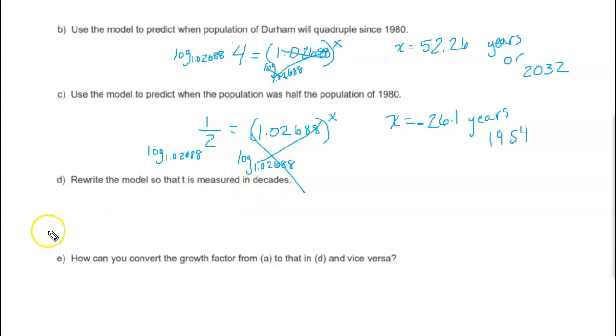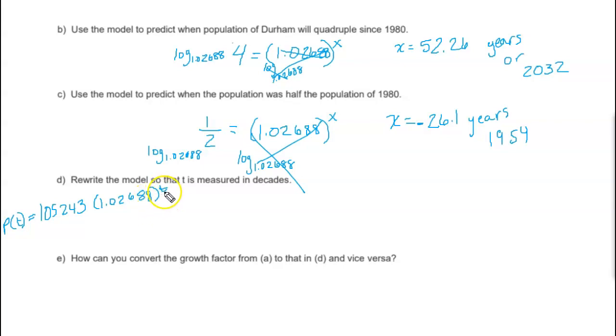Rewrite the model so that t is measured in decades. So this is our model: 1.05243 times 1.02688 to the t power, and that's what it is if we have our growth rate per year. But we want this t to be in decades. So if I think about that,